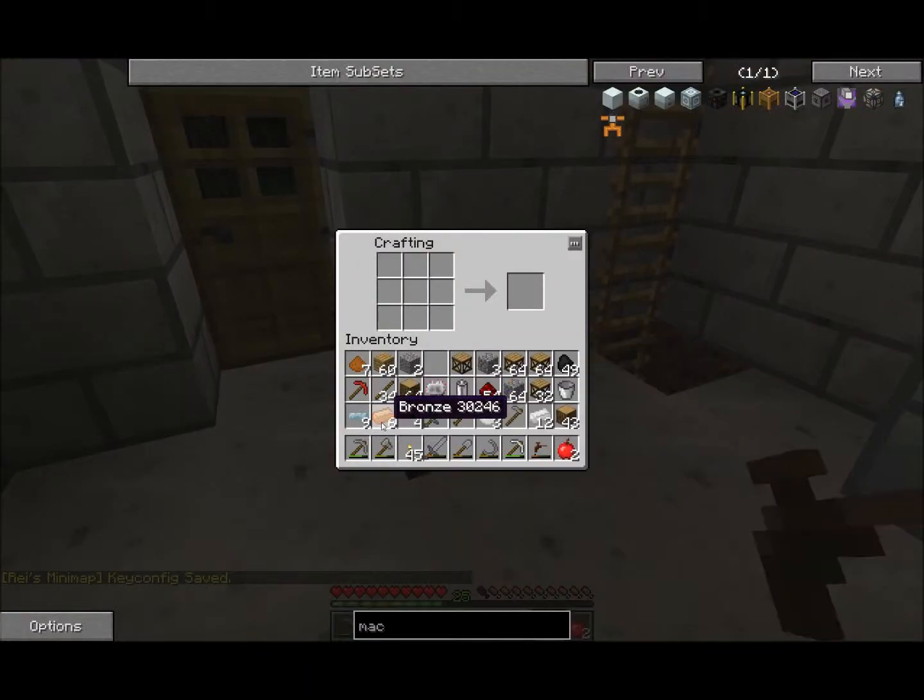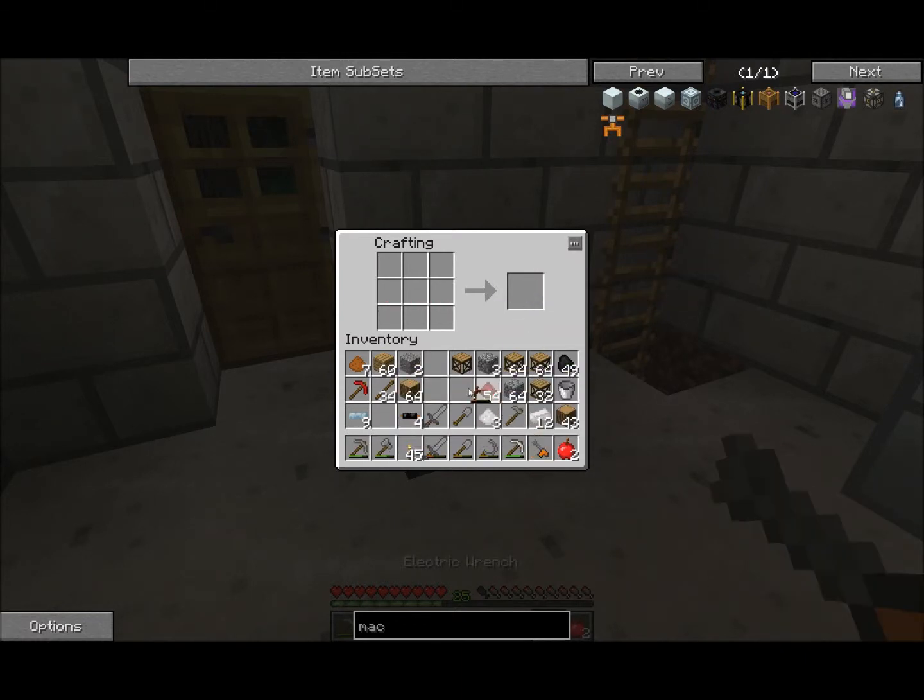Alright, now that I have the bronze, I want to make an electric wrench. I'm going to put the wrench, a circuit, and a battery in this fashion. Now I could use just the wrench, but there's 2 things about that. One is it'll reduce durability, and then once the wrench is damaged, you cannot use it in this recipe, so then I have to make a second wrench to make the electric one. 2 is there's always a small chance that whatever you're removing machine-wise will be damaged, the same as if I used a pick. The electric wrench, on the other hand,